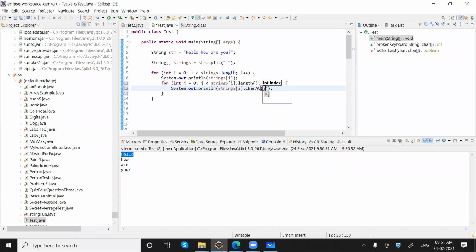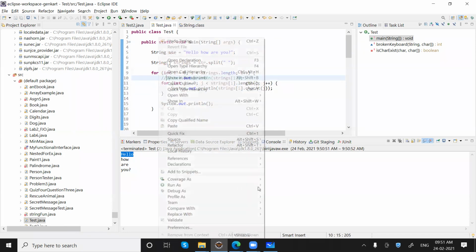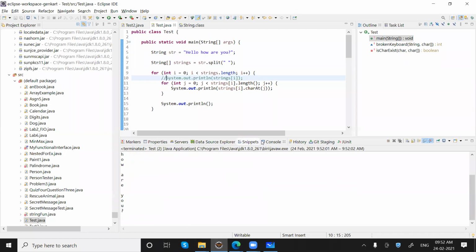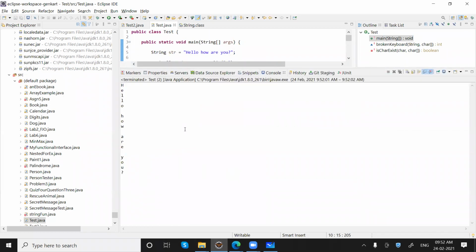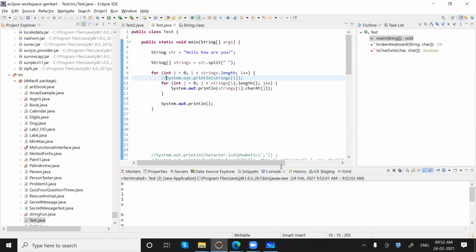Okay, and when you are done, add a new line, just like that. So let me just comment this one. So you can see the output, how we are getting it: HELLO, then one new line, then HOW, then one new line, then ARE, then new line. So we can get it like this as well using the charAt method.